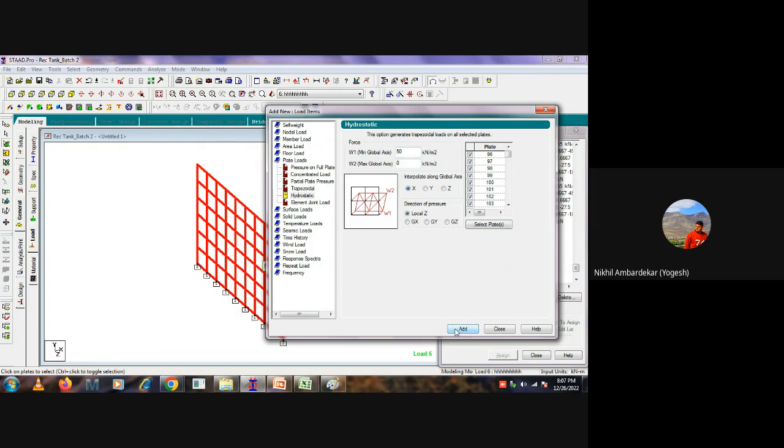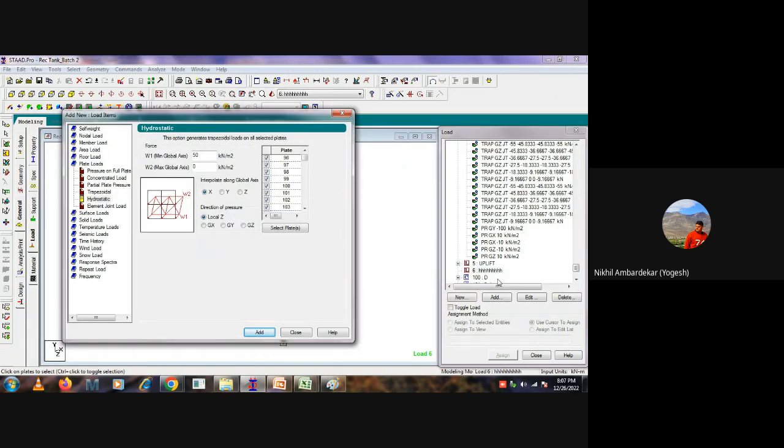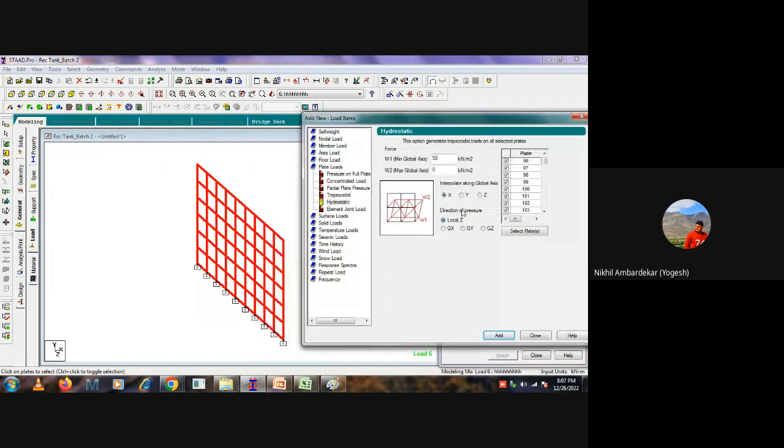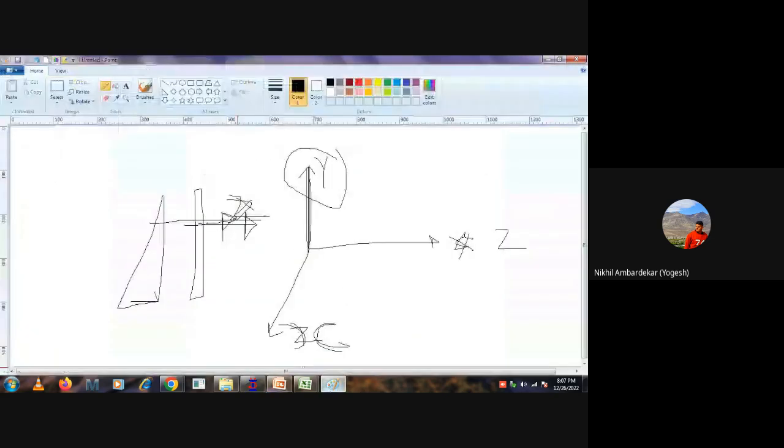I have clicked add. You can see there is nothing adding here. It will not add anything. I will try with this one also. Oh, it is not adding. Because now what happened, your directions are both the same, and in the same direction how will it work? So you are trying to add this triangular load in this direction and also in this direction. This triangular load has to stand up, so how can it be slanted like that? So you have to